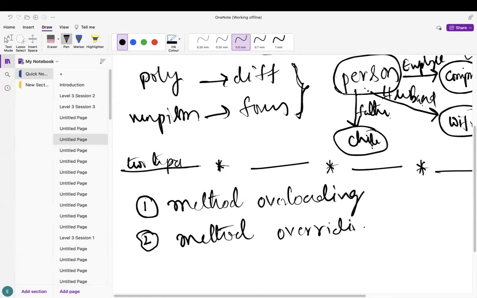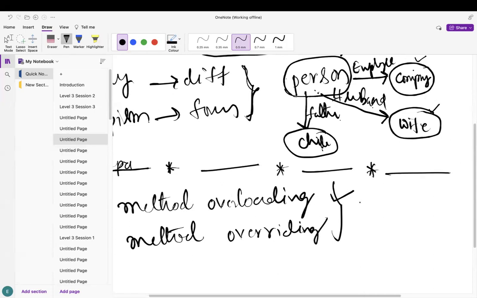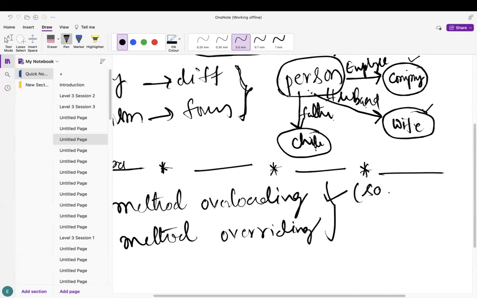Guys, these are very, very important things. Try to understand this one. When we talk about method overloading, those will be part of the same class. Same class. But when we talk about overriding, it may